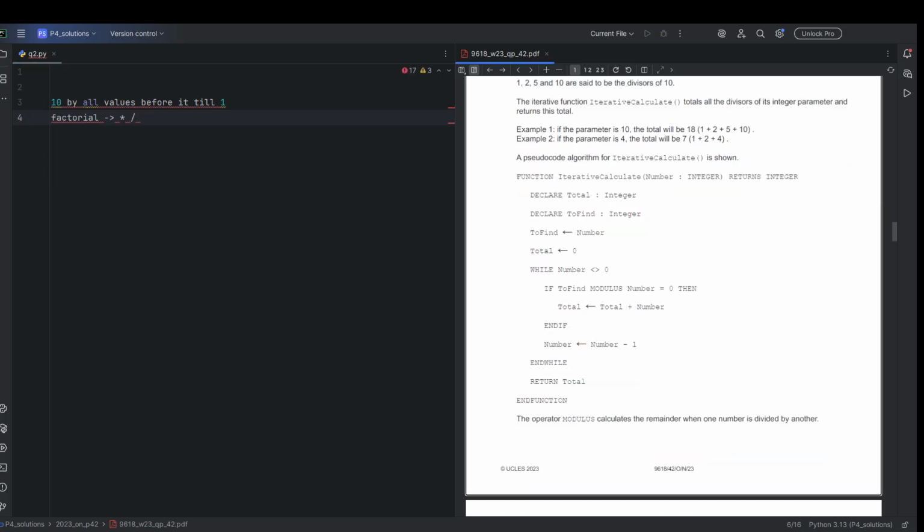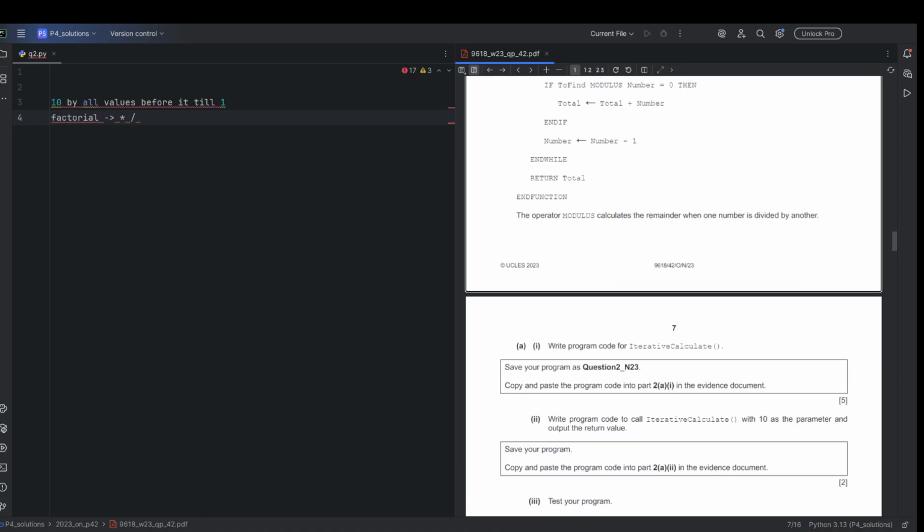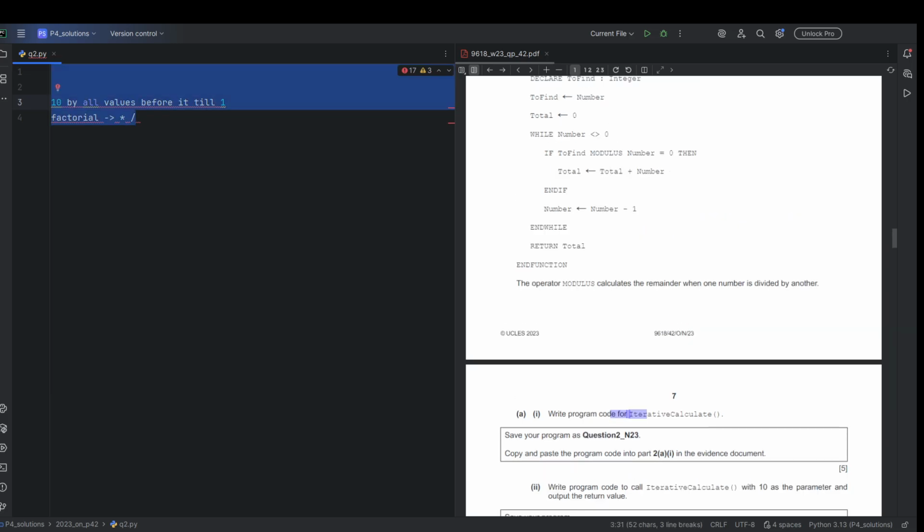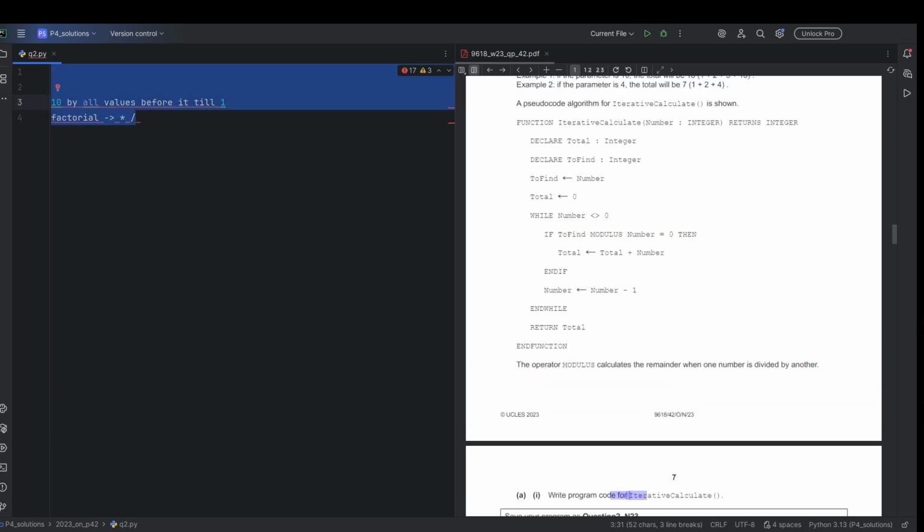Okay, a pseudocode is given. We're skipping this. They're saying write the program code for iterative calculate. So we just have to convert this into Python code. This should be very simple. So function iterative calculate like this, and we're passing in a number as a parameter, and then to find